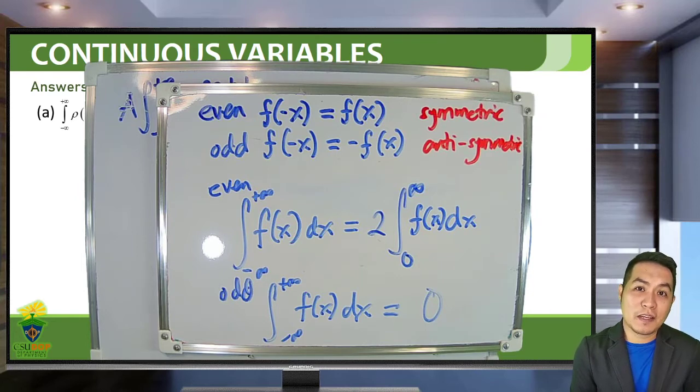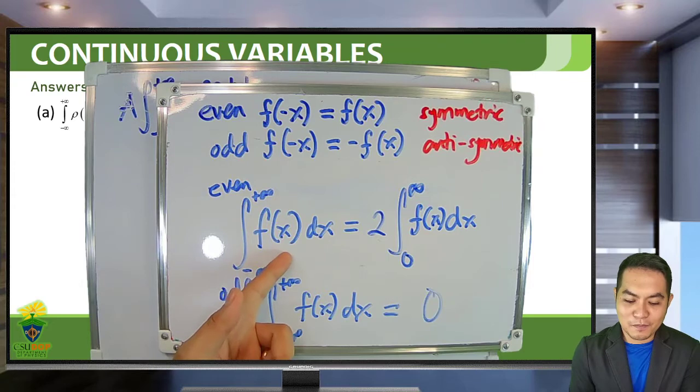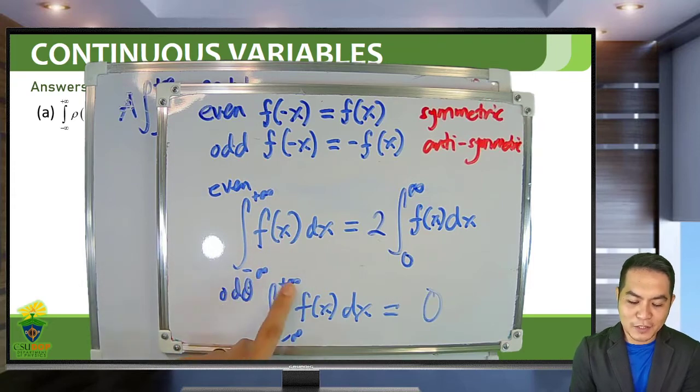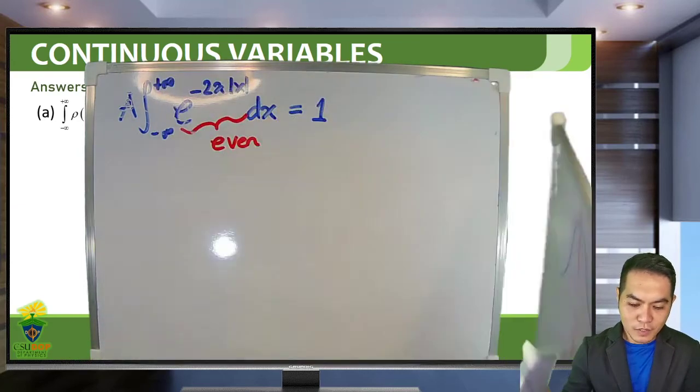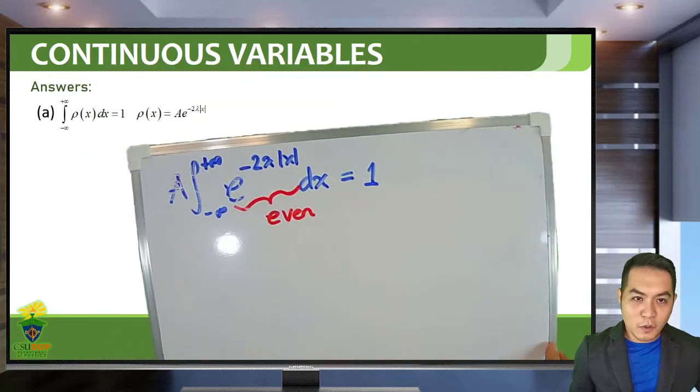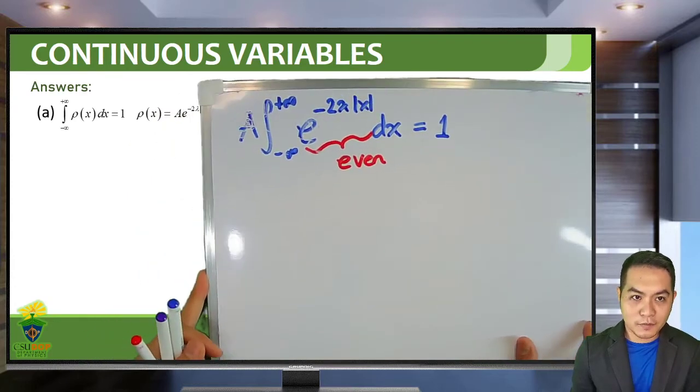If you have even limits, check if the integrand is even or odd, because if the integrand is odd and your limits are even, then you don't need to integrate, because that will give you 0. Okay, so going back to our equation here,